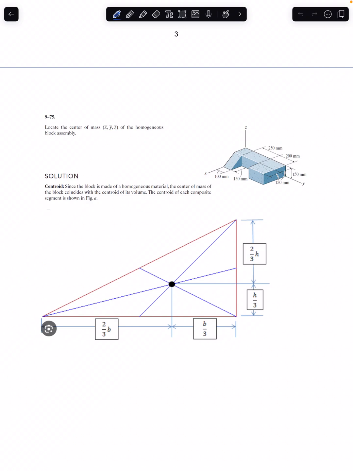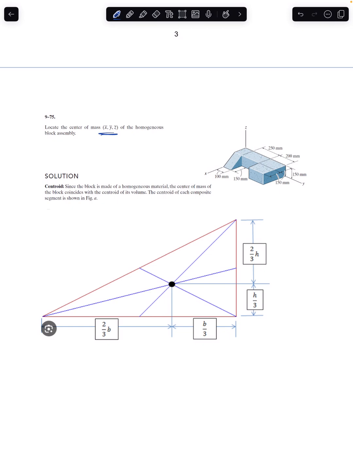So today I would like us to look at another problem, but this time around it is a problem on center of gravity. So look at the problem. We are told that we need to locate the center of mass, and in bracket we have x bar, y bar, and z bar